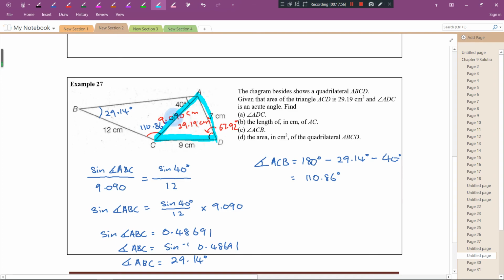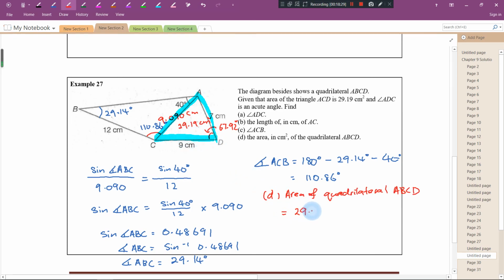So what I need to do is find the area of triangle ABC, and then add the area of triangle ACD, and I will be able to get the area of the whole quadrilateral. So I write over here: area of quadrilateral ABCD is equal to